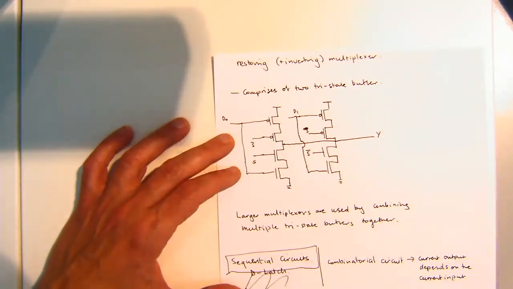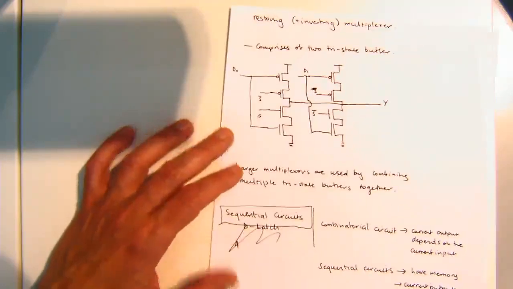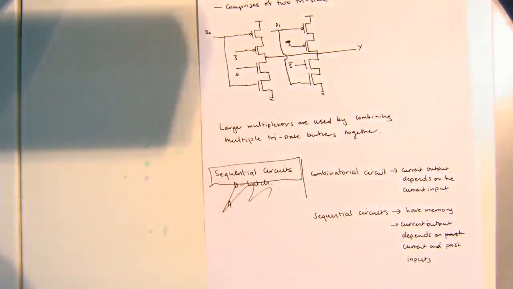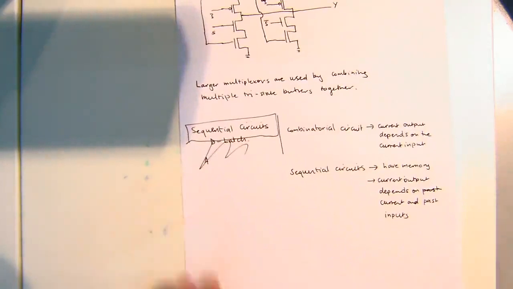and also propagation advantages. All right, now we're going to talk a little bit about sequential circuits and latches and flip-flops before we finish. Can anyone tell me what's the difference between a combinatorial and a sequential circuit? I've got the answer there, so you can read it, but it'd be nice if someone said, hey,